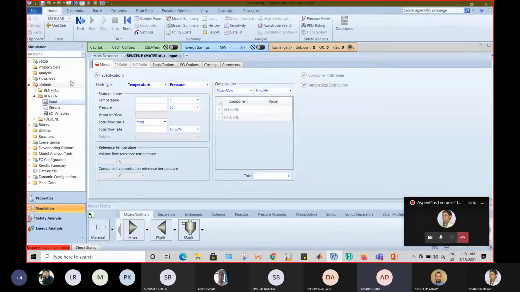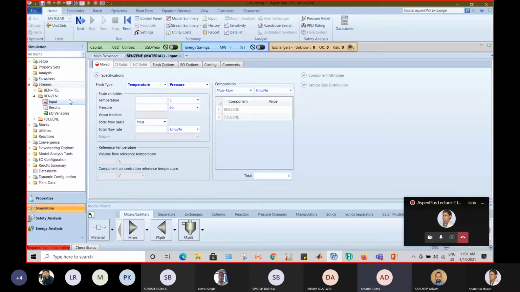Our output stream is ben plus tol, that is benzene plus toluene. So you all can see that there is no red dot over here. That means we don't need to provide any data for the output stream. We can't specify, we don't need to. If we do, then it will be disregarded by Aspen Plus, since that particular thing is not required.